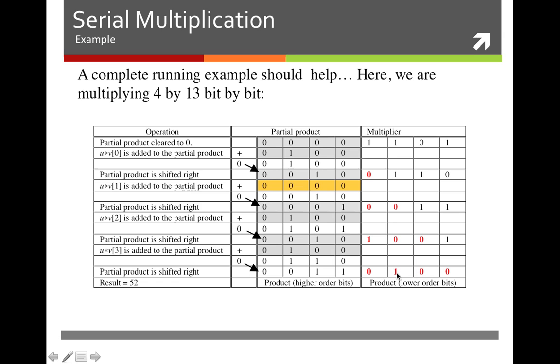So here's your 4, that's your 16, that's 20, and that's your 32. So it's 52, and that's what it should be. 4 times 13 is 52, which this number represents. So that's how you multiply with this